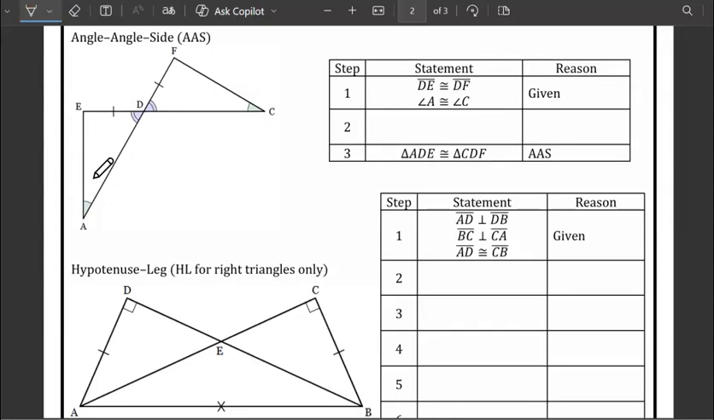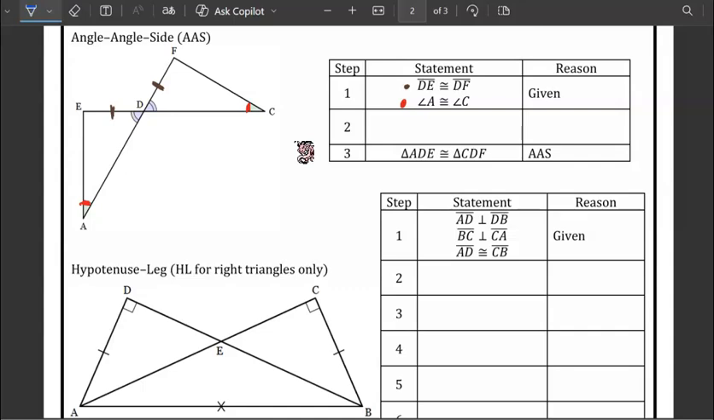Okay, let's look at the next one. This one we're going to find angle, angle, side. So our givens is segment DE is congruent to segment DF. And then we have angle A is congruent to angle C. Those are our givens. We could easily see that